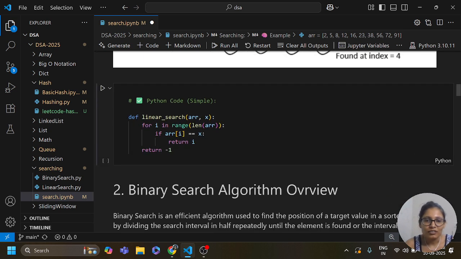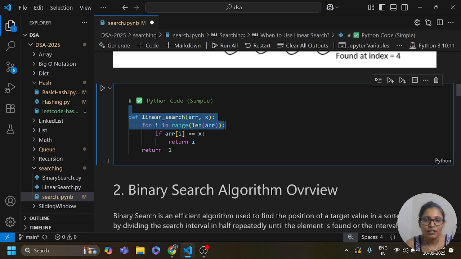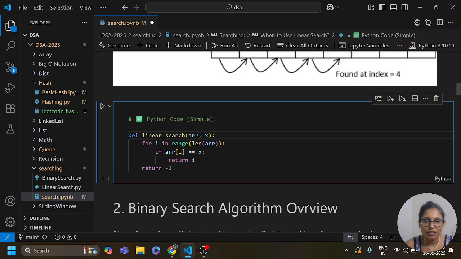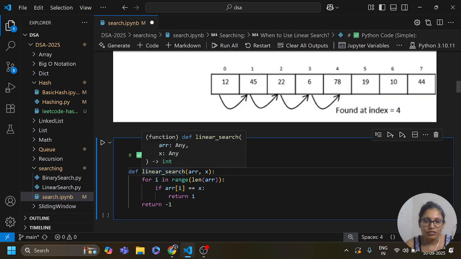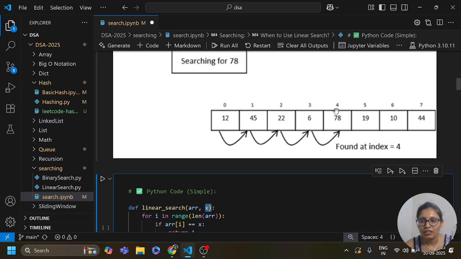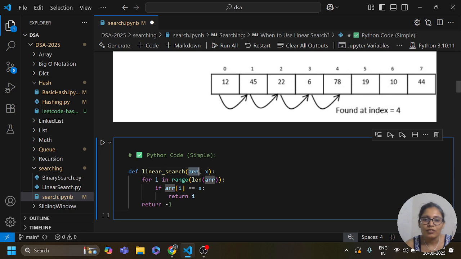We have one function, define linear search. So these are the parameters, like the array and x equals a target, like x equals 78. An array is the input.